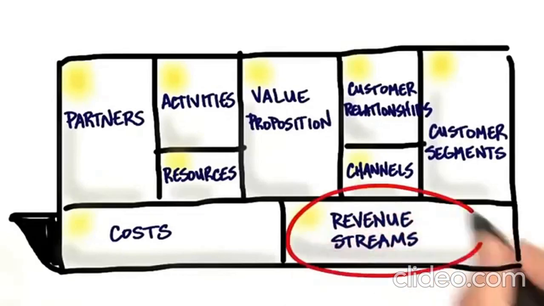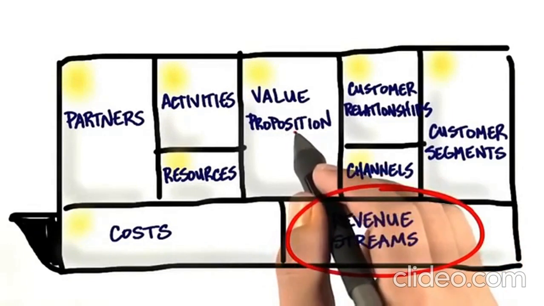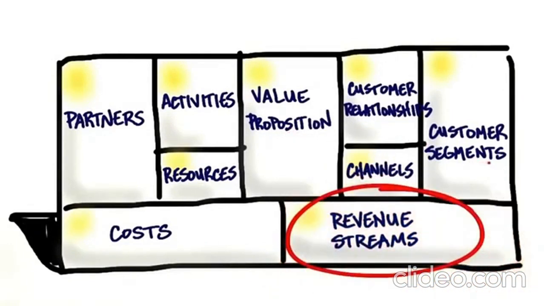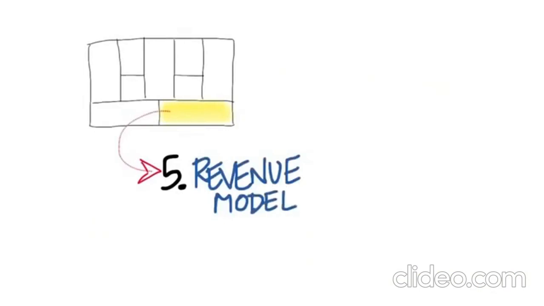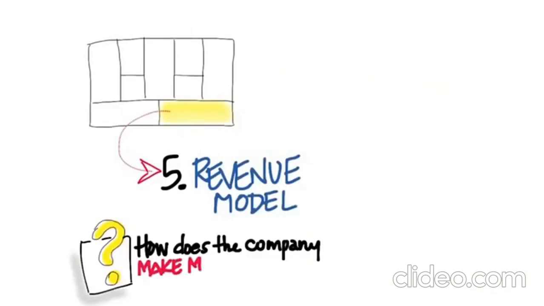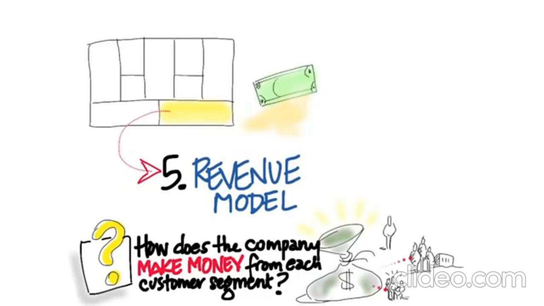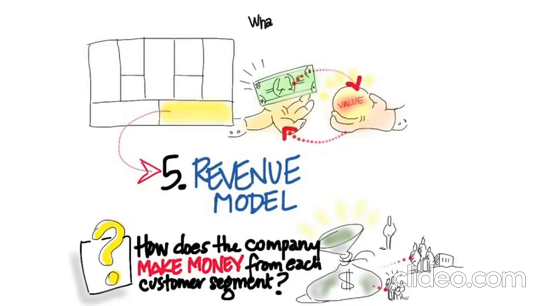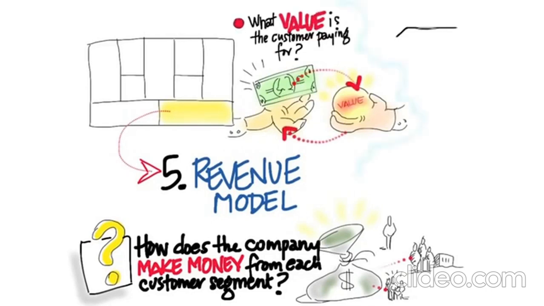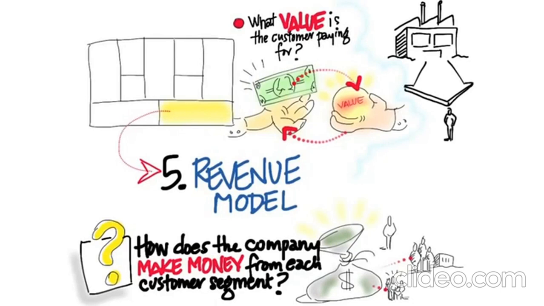The next thing is revenue streams. How do you actually make money from your product and service being sold to customer segments? You know, revenue streams basically ask the question, what value is the customer paying for? And it actually has you think about what's the strategy of how I'm going to capture that value. Is it I'm going to just have a direct sale and it's a transaction based on price? Is it a freemium model where I'm going to give away the product for free and hope that some portion convert later? Is it a license or subscription model?